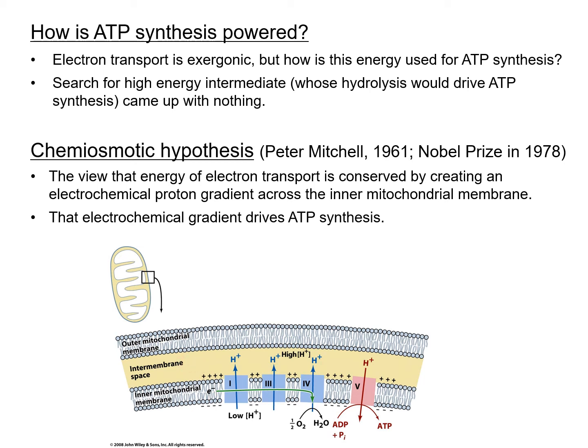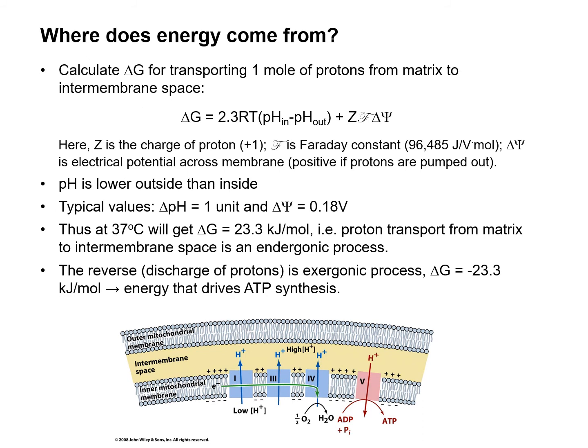And that electrochemical gradient drives the ATP synthesis outside of this electron transport chain, but somewhere else on that region. Then where does the energy come from? We can calculate the delta G for transporting one molecule of protons from the matrix to the intermembrane space by